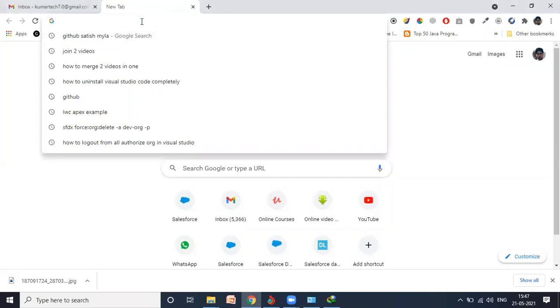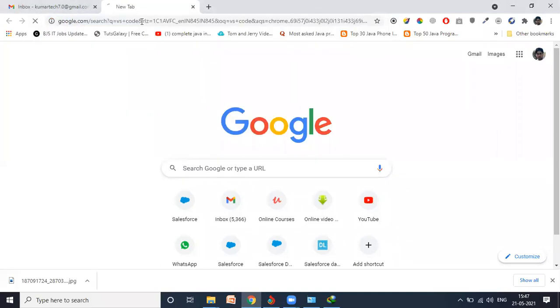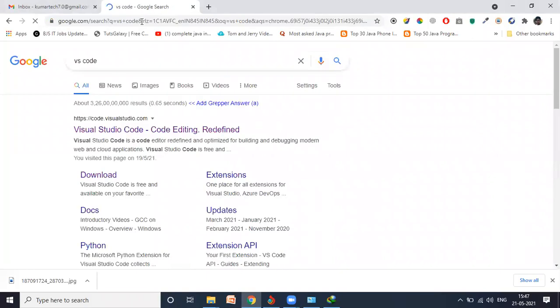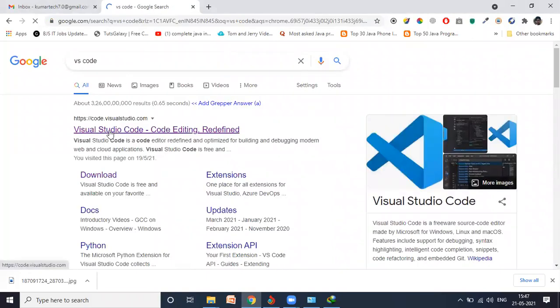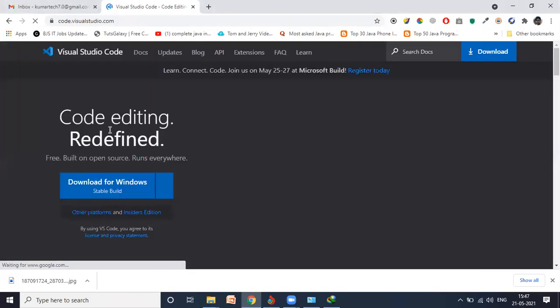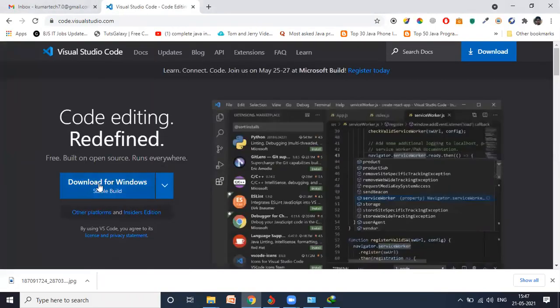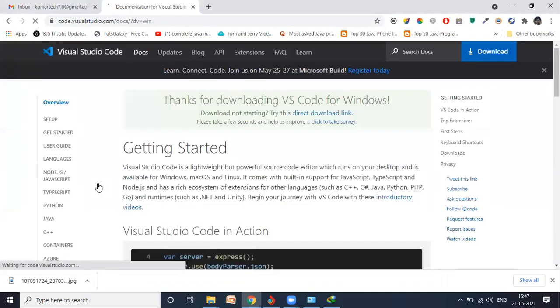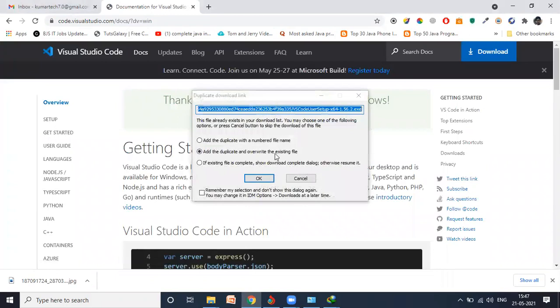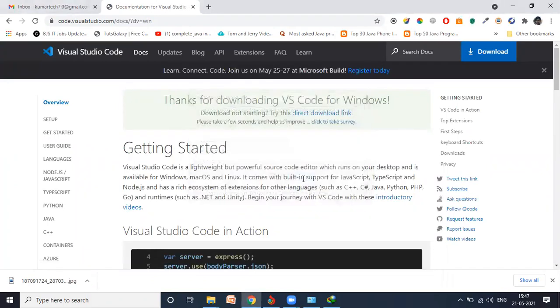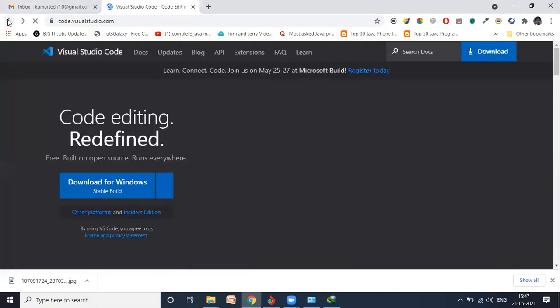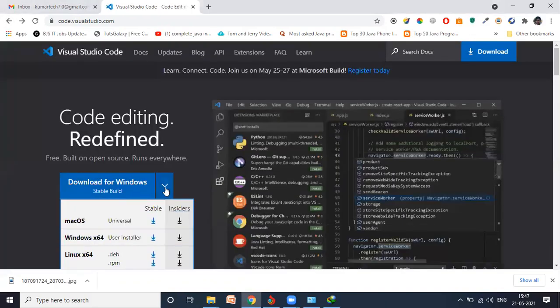First, in search engine, type VS Code and hit enter. Okay, click on the first link. Now, guys, here you can see this option. Click here. Start showing. Fine. There is one more alternate way. You can go again back, and here,